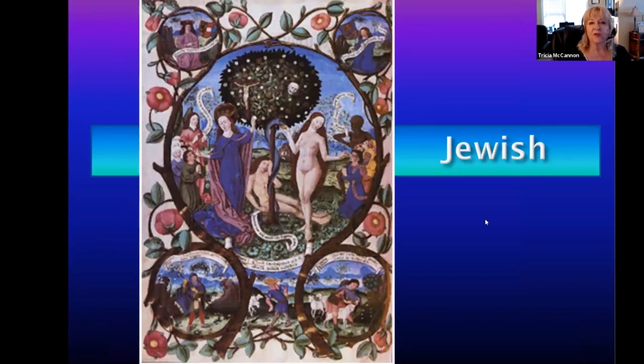Here's the Jewish, and this is sort of a classic rendition of the Adam and Eve story with the tree, with the serpent wrapped around it. And of course, it was sort of demonized by the patriarchy when they wrote or rewrote or assembled the different books of the Old Testament, which, by the way, you may not know was not even codified until about 100 BC. About 60% of those books were written between 100 BC and maybe 500 BC when the Jews were released from captivity.